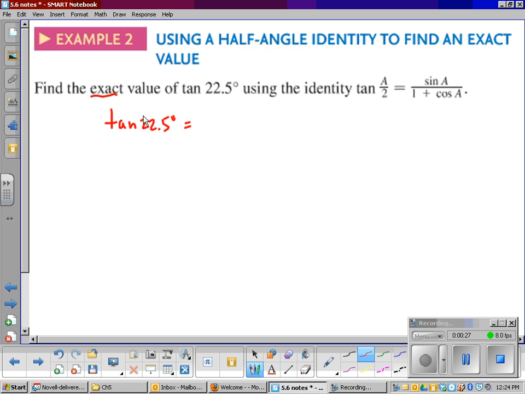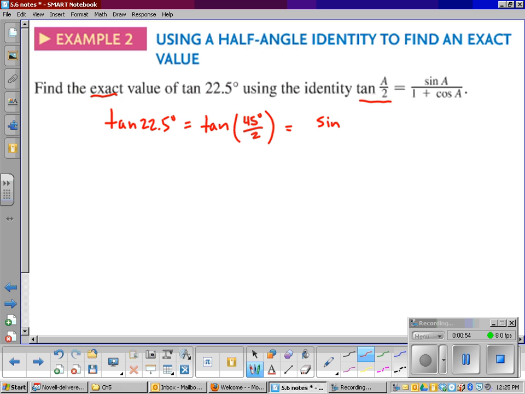If you multiply 22.5 times 2, then you get 45. So I don't want to multiply it by 2 because I don't have an equation to do the same thing to the other side. So I just want to think of 22.5. I want to rewrite it as 45 divided by 2. And since this is a half angle right here, then it matches this side of the identity, and I can